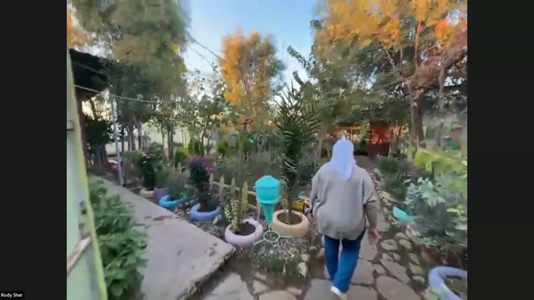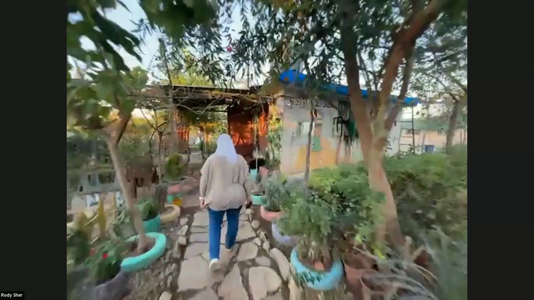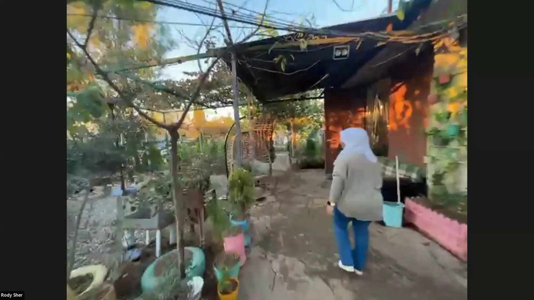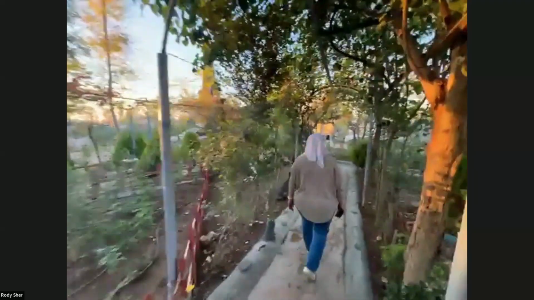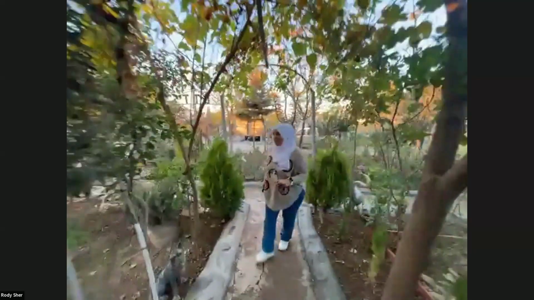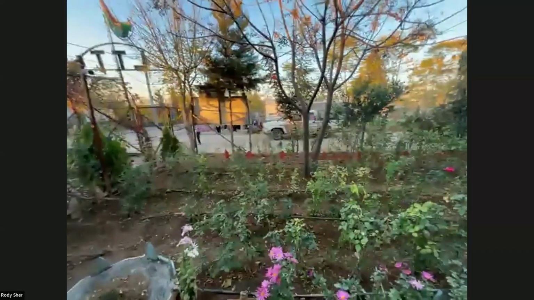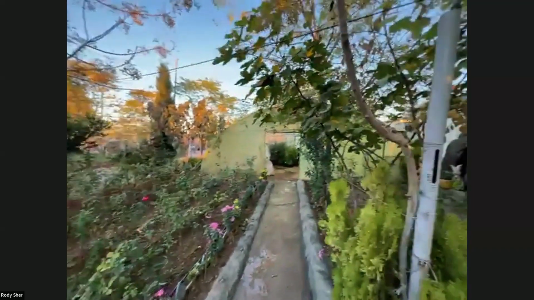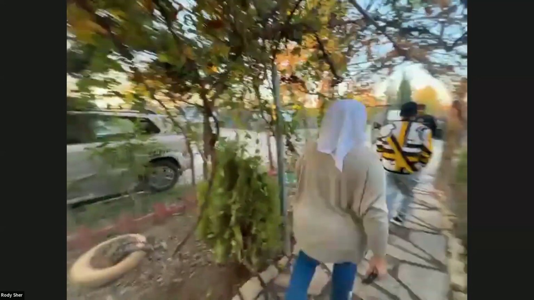So basically this is, as you can see, the main section. You can also see the borewell here. We will move on to show you around. And eventually you will see a lot of cats around because they love the garden and the people. These are also the places where we grow the seedlings. And now Aveen is moving on to show you the women's section.